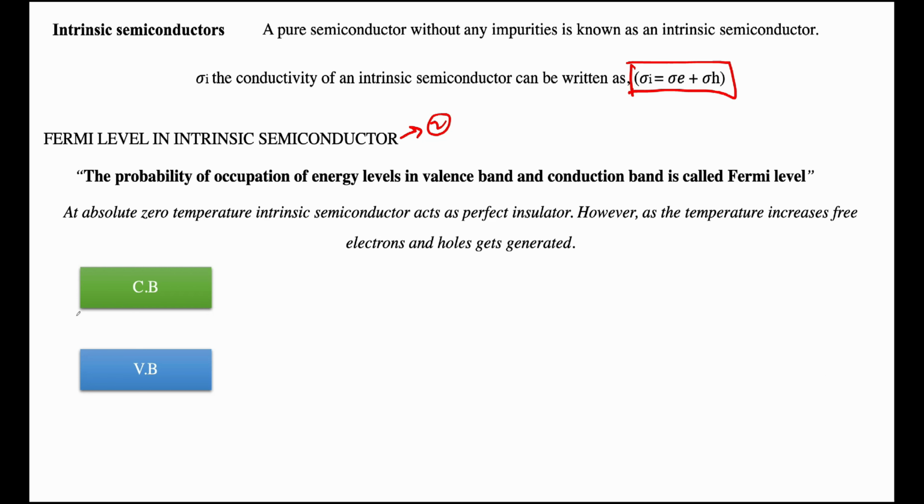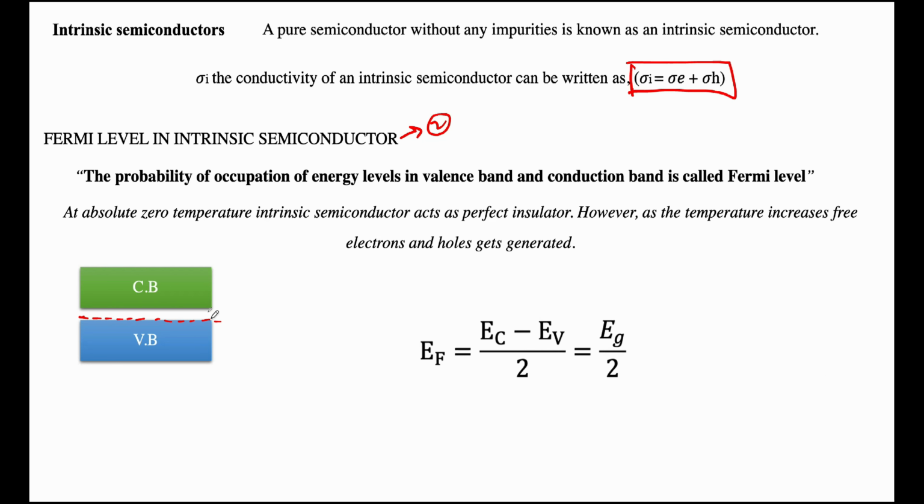Due to this reason, the Fermi energy level will be shifted towards or near to the conduction band. So due to this reason, there will be a reduction in the energy gap between the conduction band and the valence band. In this case, this intrinsic semiconductor acts as a conducting material. And the Fermi level in an intrinsic semiconductor equation, EF is equal to (EC minus EV) divided by 2,